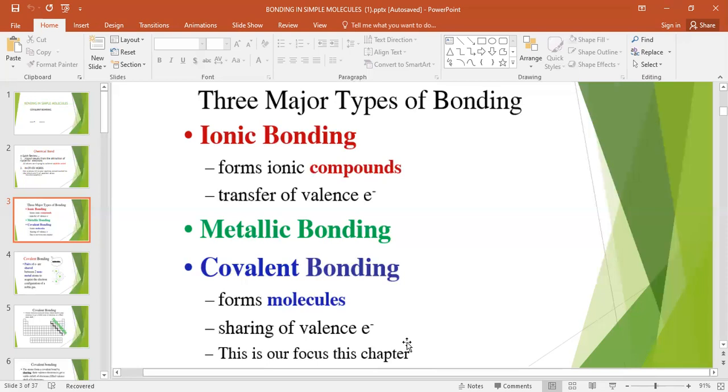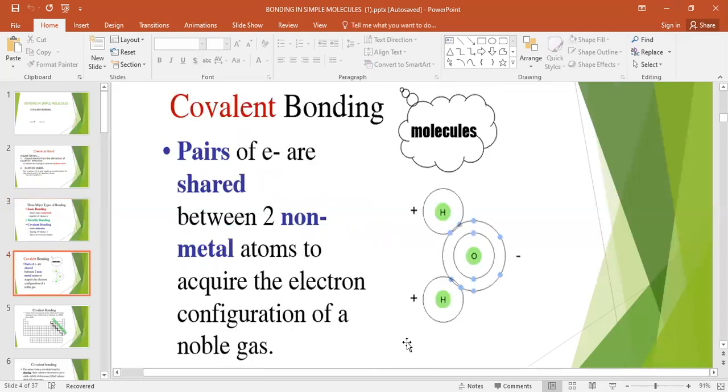How many electrons are there? If they are going to share, we call them valence electrons, the valence shell, like a stable shell. Now, we need to focus only on covalent bonding.